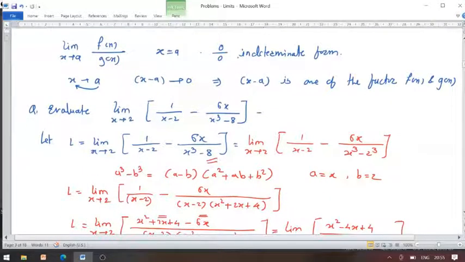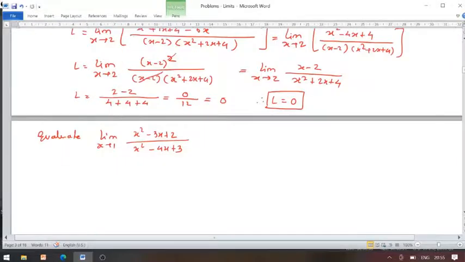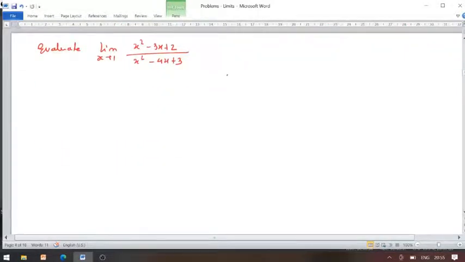You may verify it. Obviously after replacing x by its value you get the 0 by 0 form. We will just verify whether it gives us 0 by 0 or not. So 1 square is 1 minus 3 ones are 3 plus 2, after putting x equals 1. Again from the denominator we get 1 square as 1, 4 ones are 4, plus 3. After solving, 2 plus 1 becomes 3, so we have 3 minus 3. 3 plus 1 becomes 4, so we have 4 minus 4. So it is of the form 0 by 0.